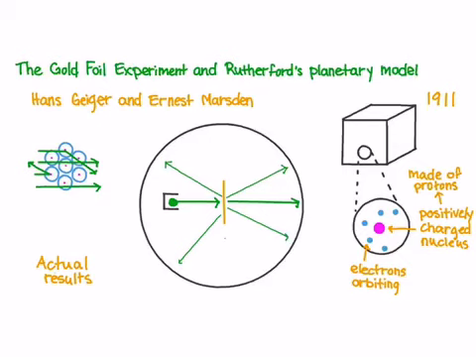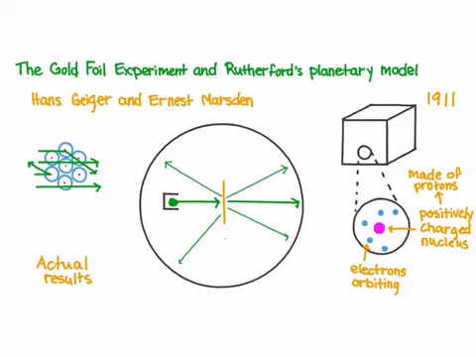He suggested that the nucleus of the atom is composed of positively charged particles that he called protons. The atomic model he proposed based on these conclusions is often called the planetary model of the atom, since the negatively charged electrons orbit the positively charged nucleus of the atom like planets orbit the sun in our solar system. Though electrons in this model aren't confined to a plane, they can move in orbits around the nucleus in 3